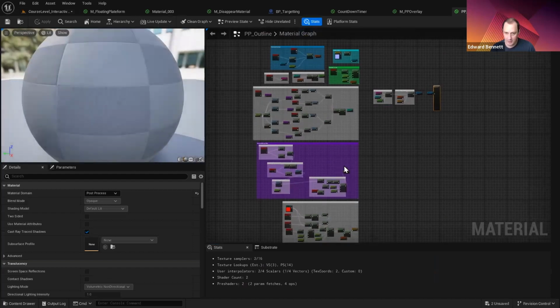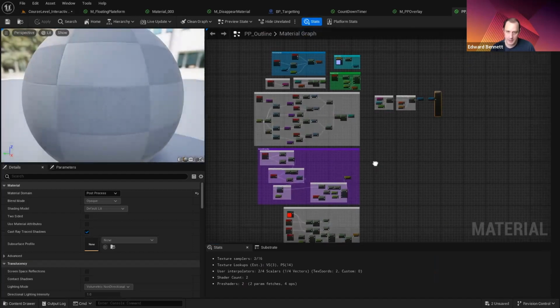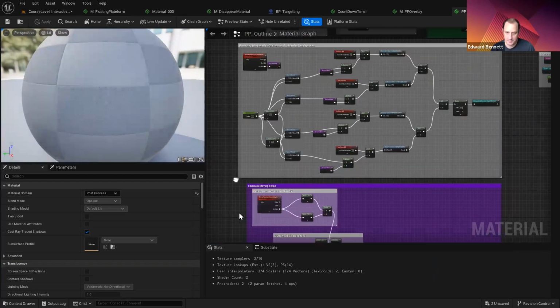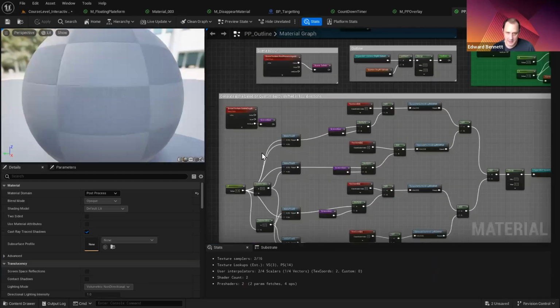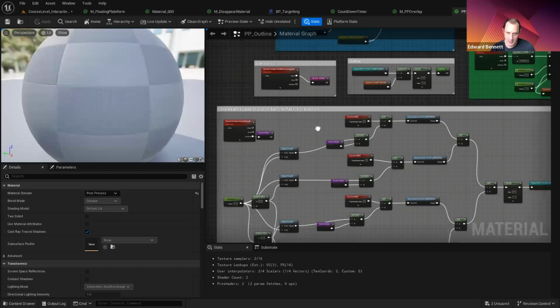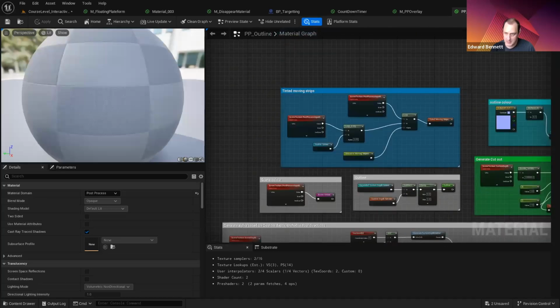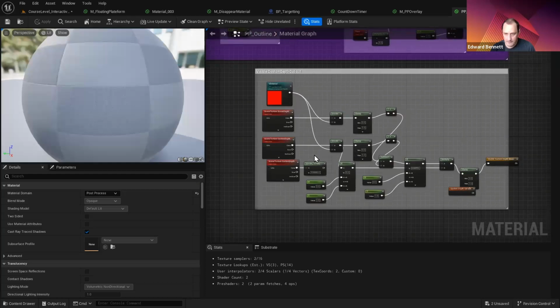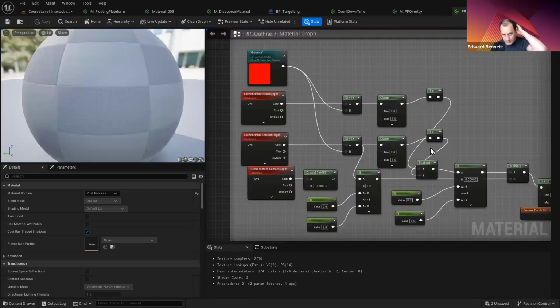Okay, so I've commented it as much as I can, but each of these are doing separate things. So sine wave moving stripes, which is in screen space. We've got an alpha based on the custom depth. We've got the tinting of the moving stripes. And here, which I think is one of the more interesting parts, is what we have is